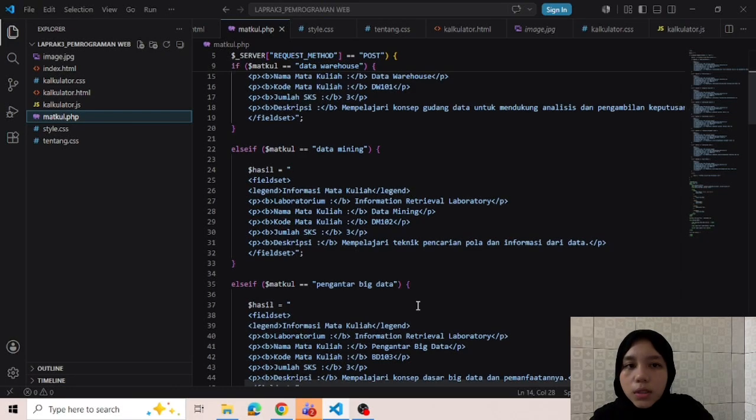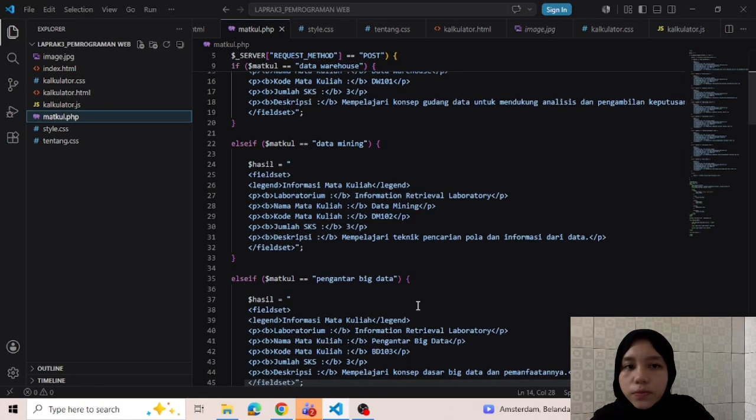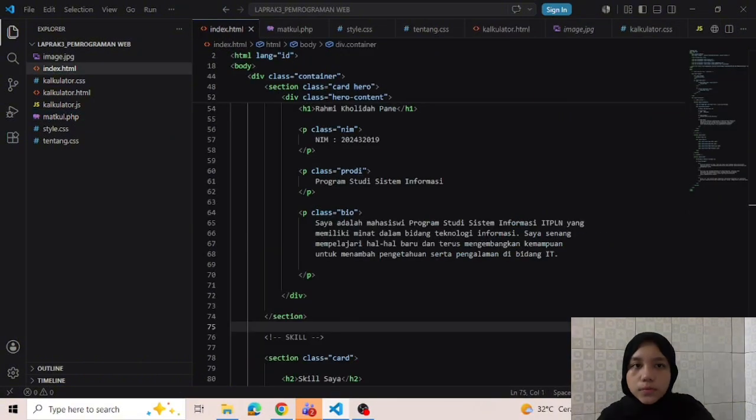If a matching course is found, the program displays detailed information such as laboratory name, course code, credit, and description. If no match is found, the program displays a message indicating that the course is not available.